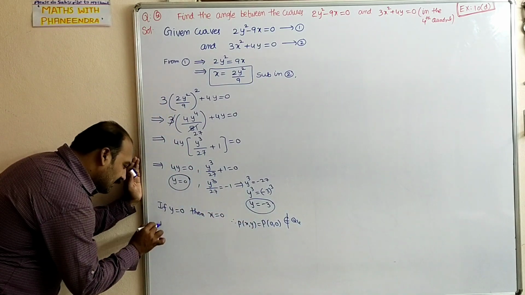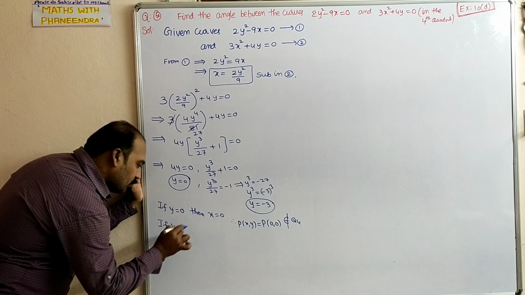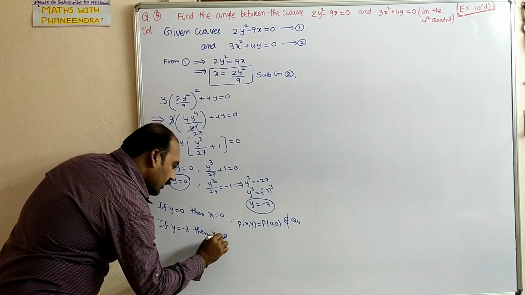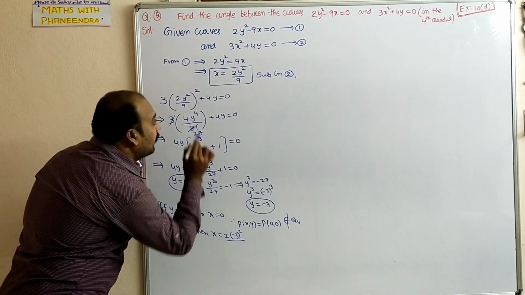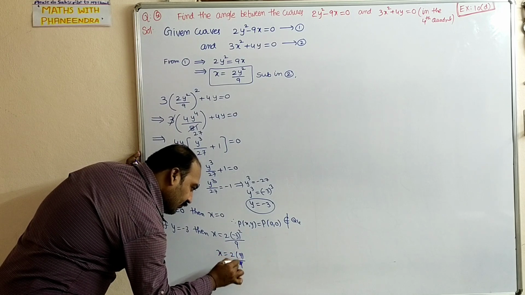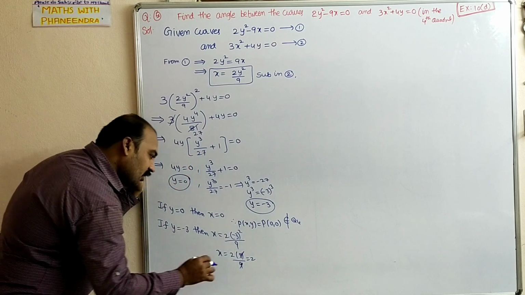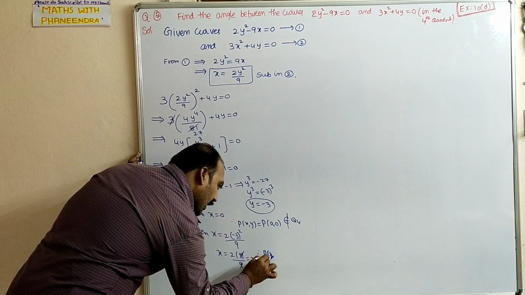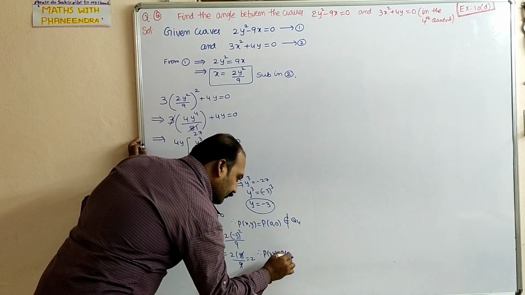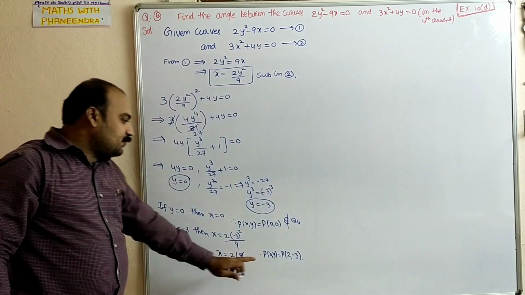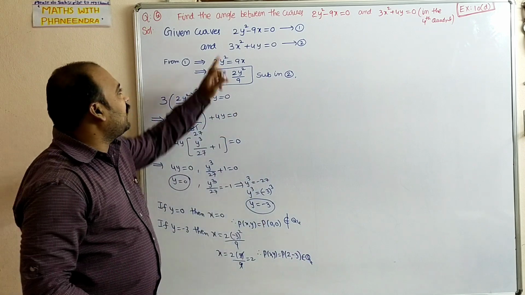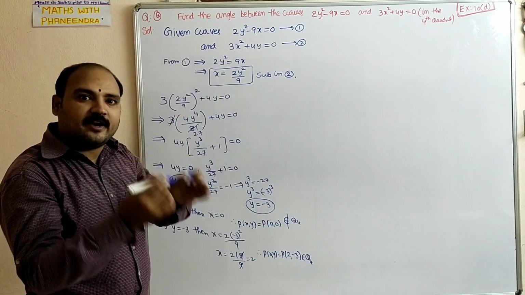So what we can take is, next case, if y is equal to minus 3, then the value of x equal to 2y square divided by 9, that means 2 into minus 3 whole square divided by 9. So x is equal to 2 into 9 by 9. 9 gets cancelled, which is equal to 2. Therefore the point P of x comma y equals P of 2 comma minus 3. This point belongs to the fourth quadrant Q4. So at this point you calculate the slope of both the curves and then find the angle between them.